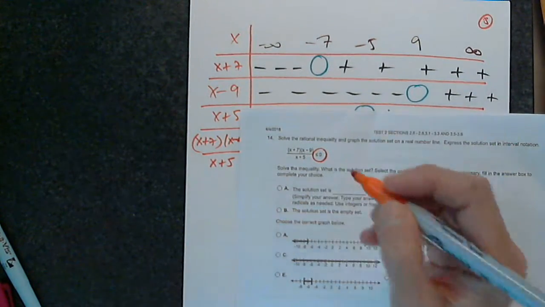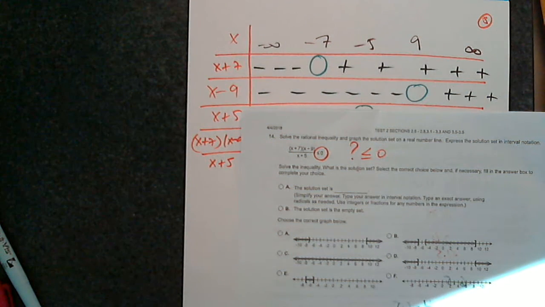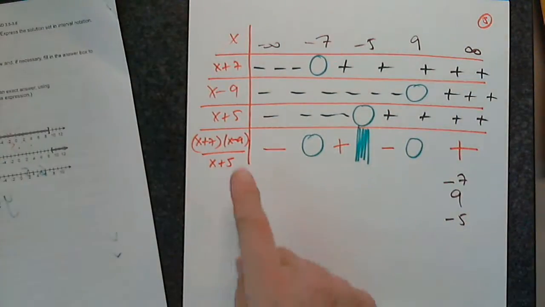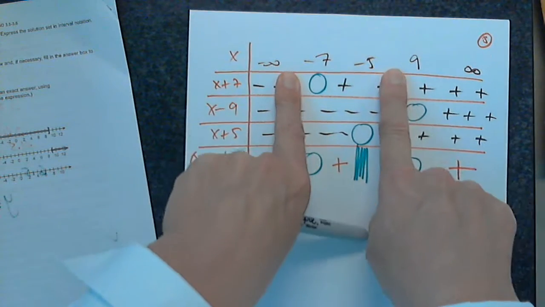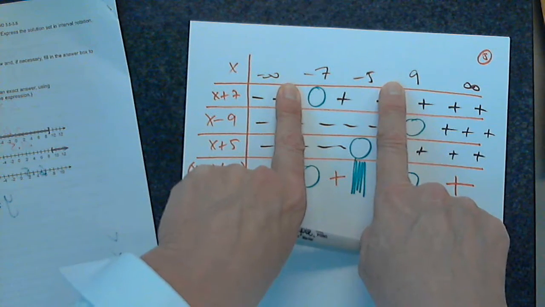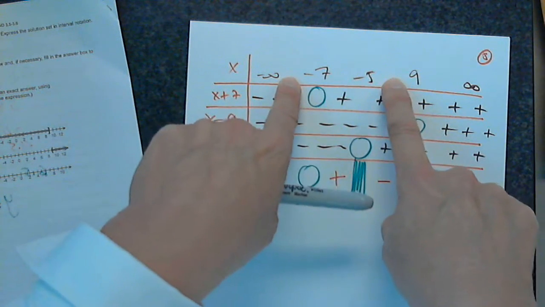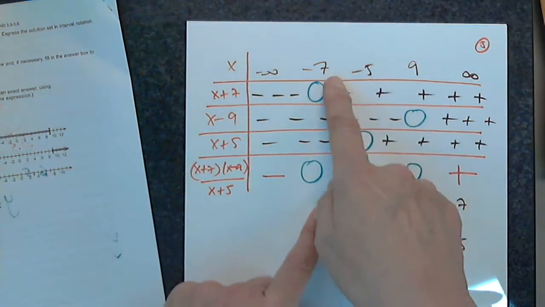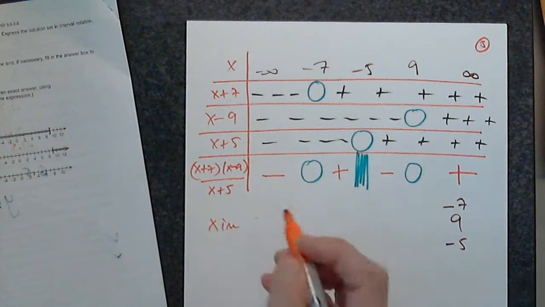Only now, I look here, and I ask myself, what is less than or equal to 0? And that's the sign I have to pick. I have to pick negative. Is this product ever negative? I have to choose those corresponding x values that make the product negative. So this is the answer. Not this. If I pick here or pick here, the product will not be negative. So the answer is x in the interval